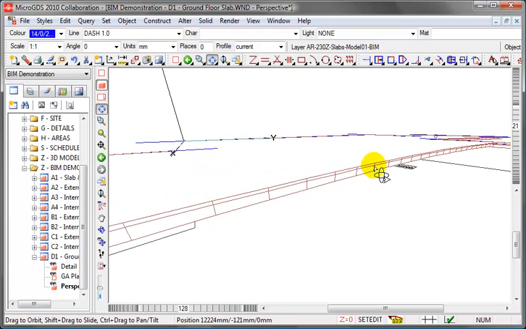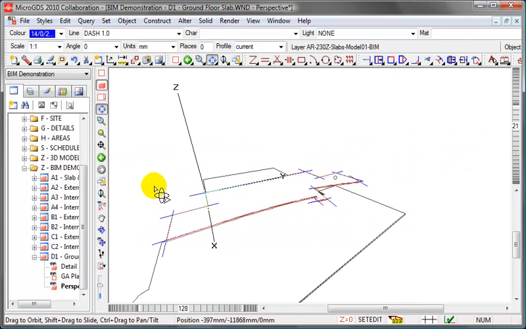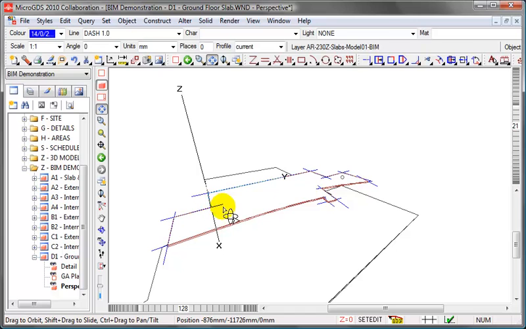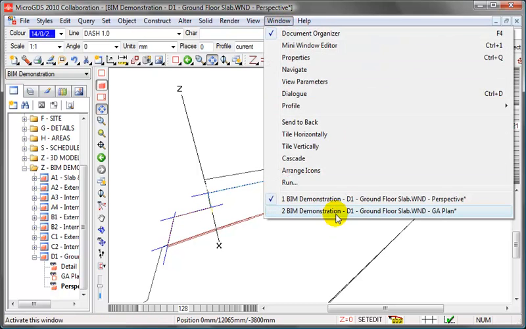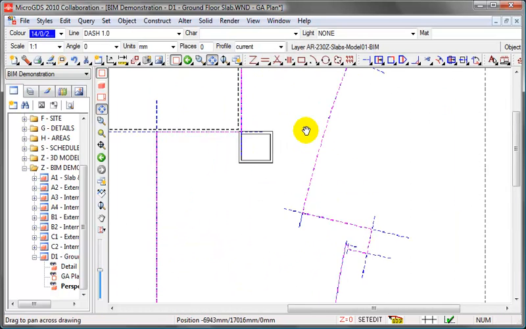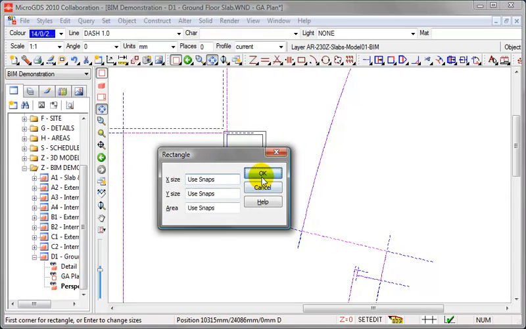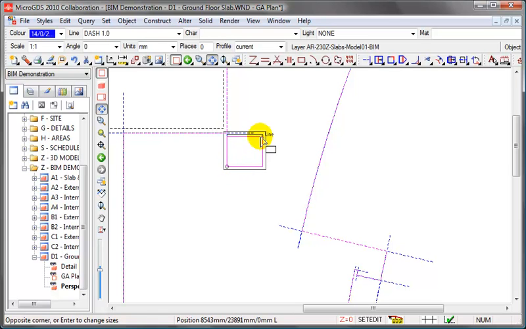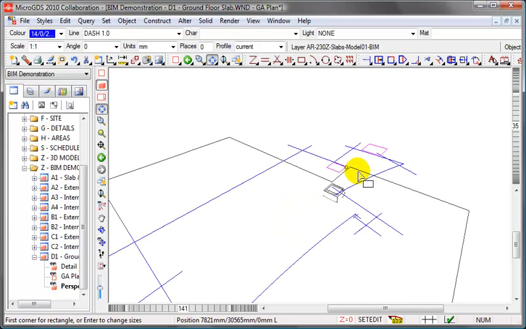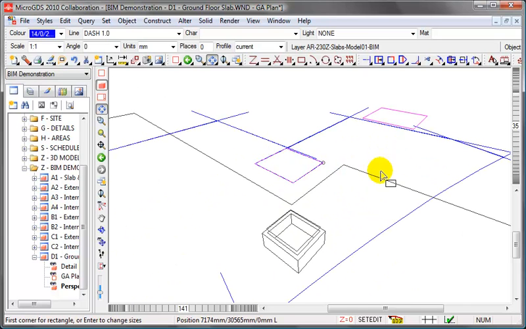And again you can see the faceting, which should give us a nice smooth curve if we do the renderings and what have you. We've got some holes to place in the slab, including the lift shaft and 2 apertures for the escape stairs. So let's switch to our GA plan view, and we can just set our rectangle command, and again without any values set for X or Y, just snap onto the 2 corners of the rectangle, and when we switch back into 3D view we can see that the hole, I should go to the perspective view,